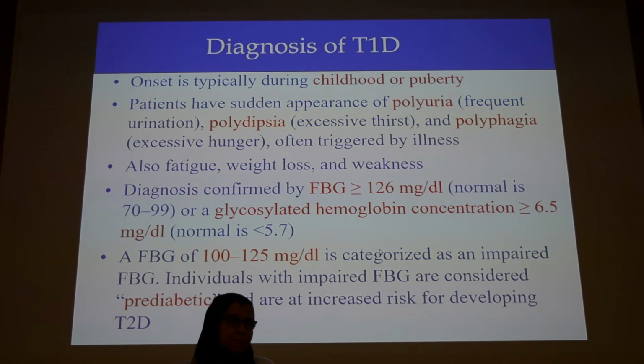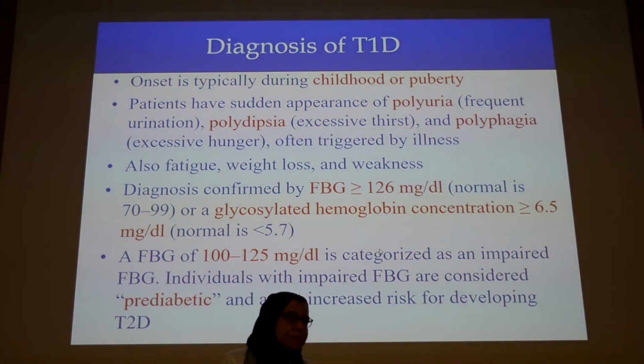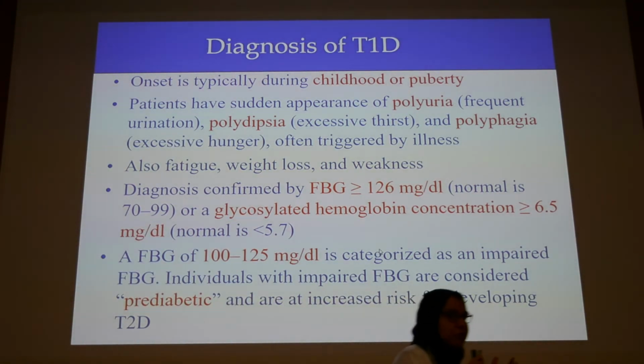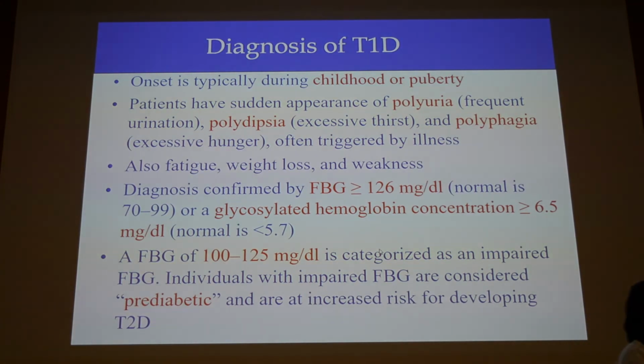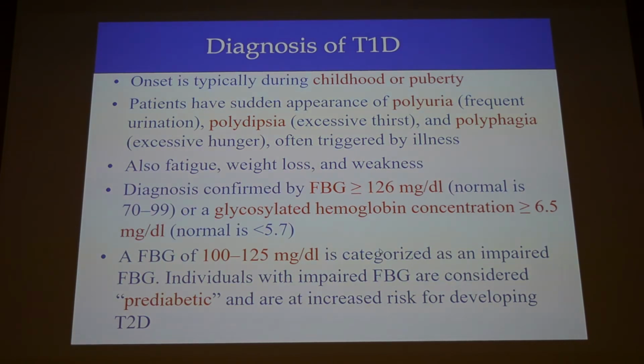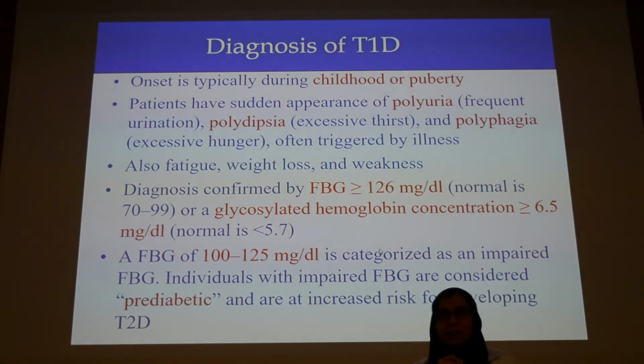Increasing glucose. Okay, there's too much sugar in the blood and it will go in the urine. And when it goes in the urine, it takes water with it. Yes. Okay? So that will trigger the polyuria. If they urinate a lot, then they will be thirsty. That will trigger the polydipsia.